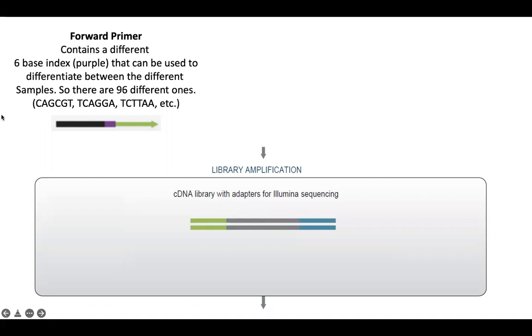So for each of your samples, you will add a different primer with a different barcode. And after sequencing, you can again find back from which sample the RNA is coming. And in black, there's more adapter sequence. So the whole thing is about 50 to 60 bases with in the middle a barcode, which is specific for